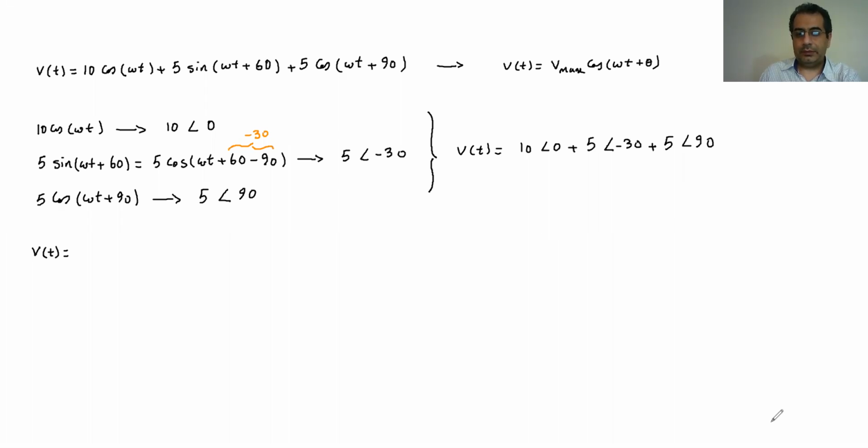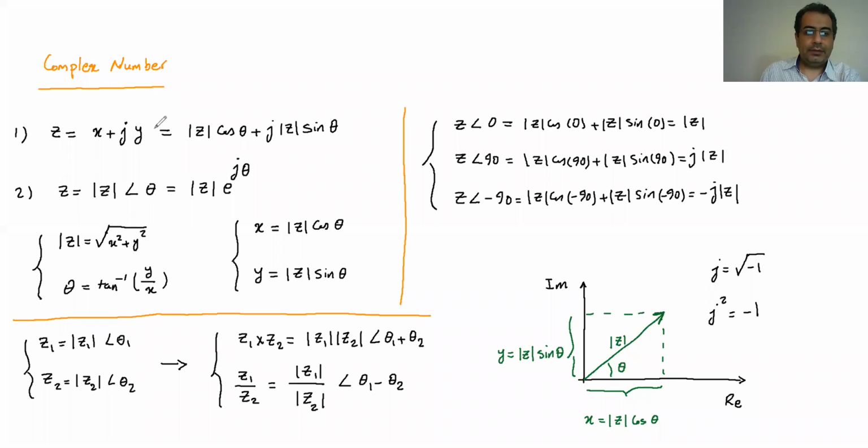Remember, let me go back to this one. If you want to add or subtract complex numbers, it's easier to have them in this rectangular form. If you want to multiply or divide them, it's easier to have them in this polar format. So when we want to add or subtract, we have to convert them